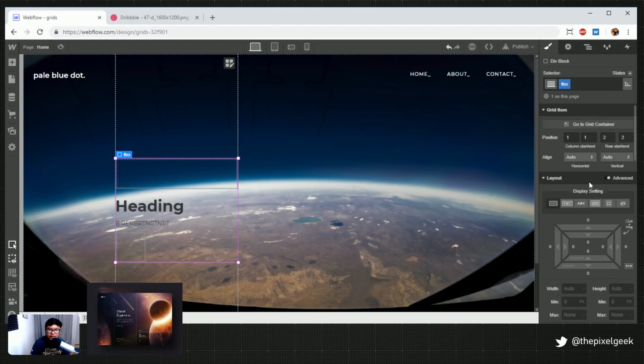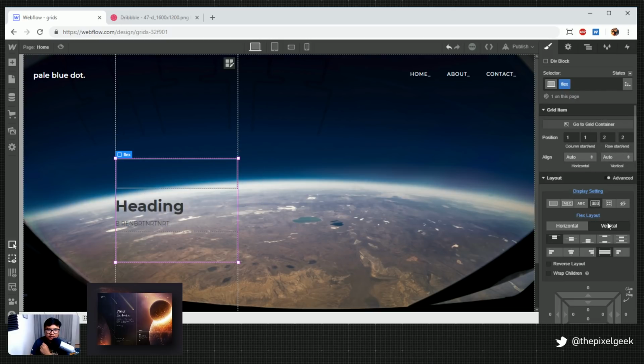And now with Flexbox, what I'm going to do, what is this? Grid item. Is this like Flex Child? I think so. Align. Wait, that's horizontal, vertical. Yeah, I don't think this does the spacing like flex. So I'm just going to hit flex, vertical, and I want them to space between. Boom. Looks like it did nothing, but I know it's doing something.